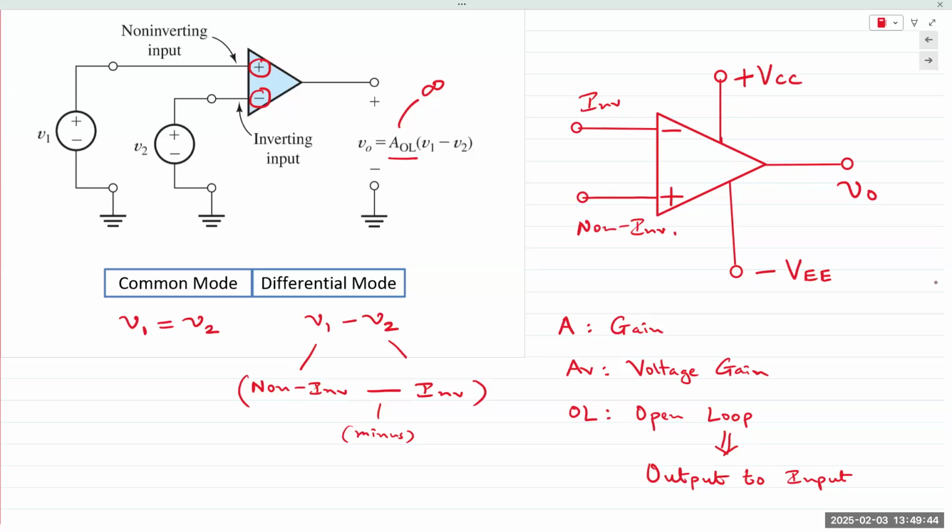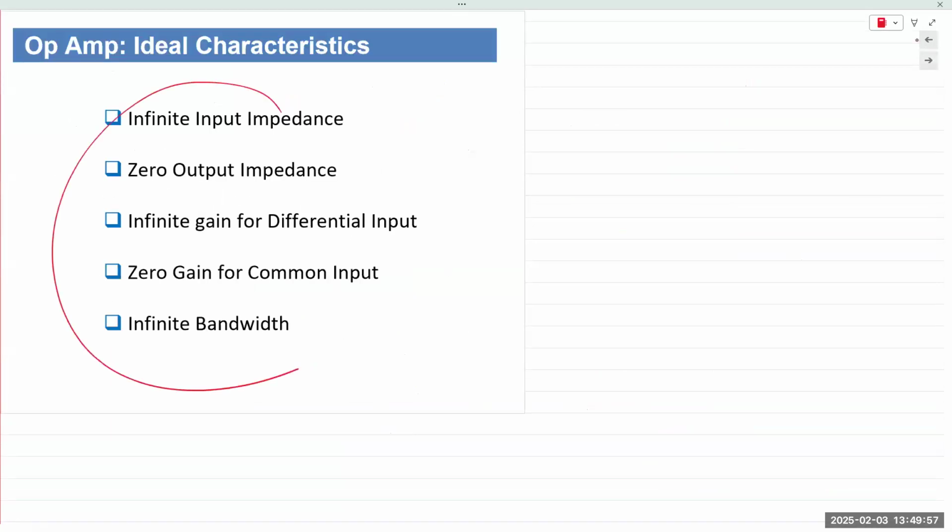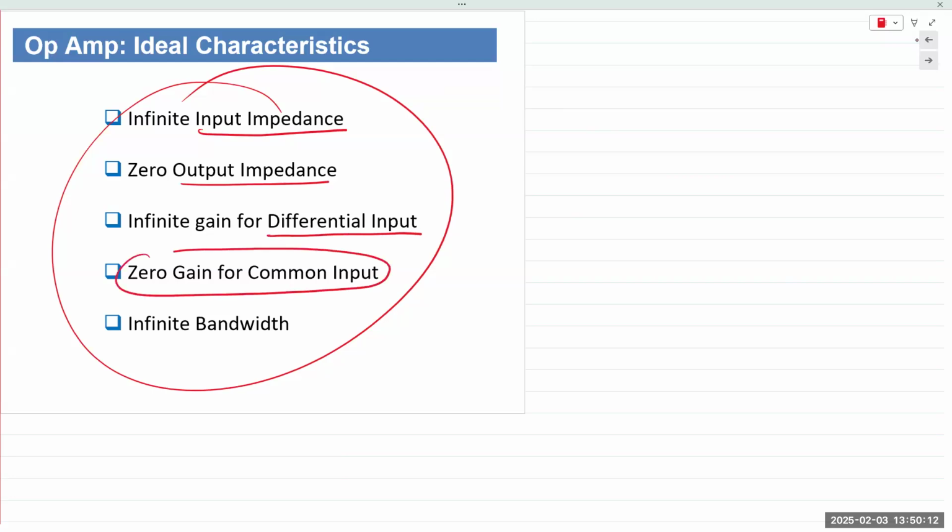And that's a very important property of these kind of circuits. Okay. So the properties of an open loop op amp, or an ideal op amp, is that it has infinite input impedance. It has zero output impedance, so it does not load the circuit. It has infinite gain for differential input and zero gain for common input, meaning it rejects